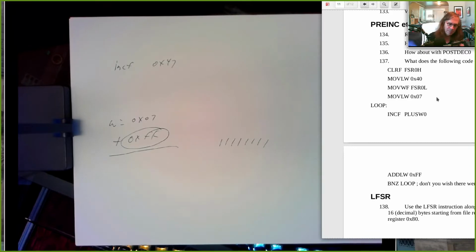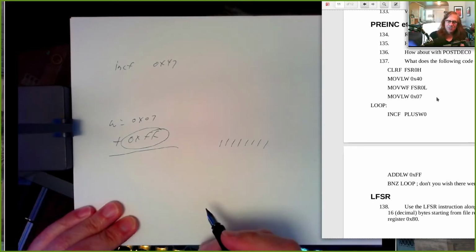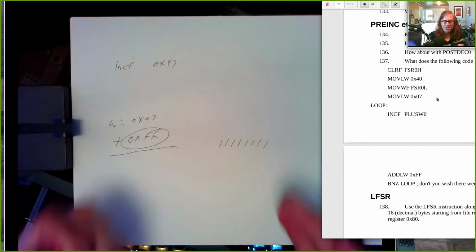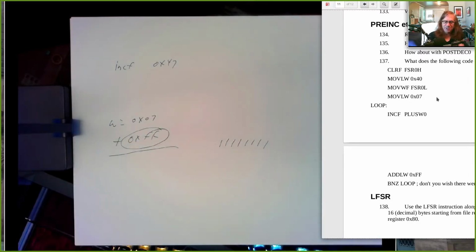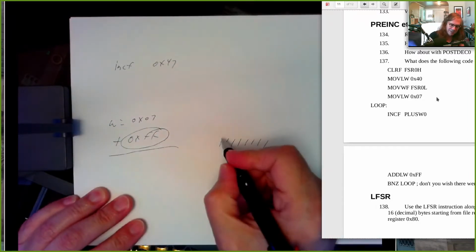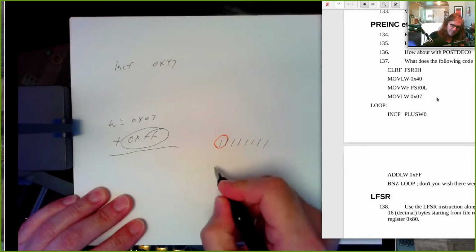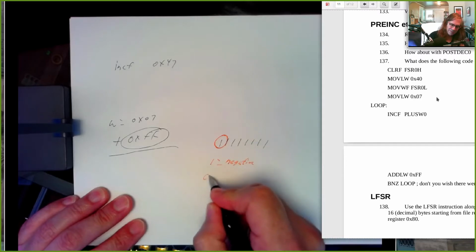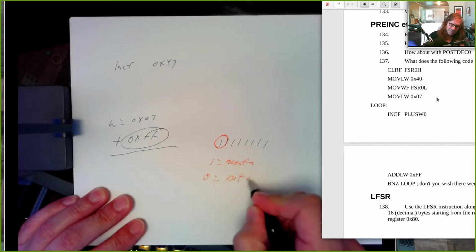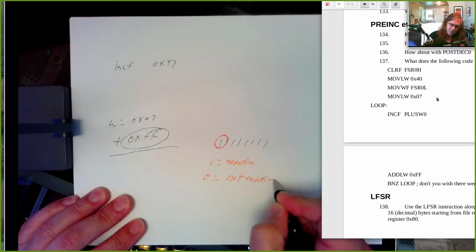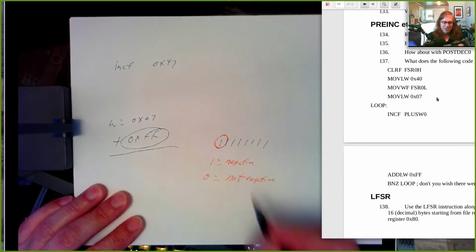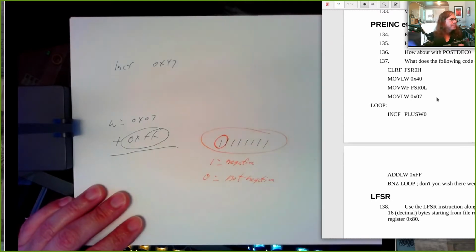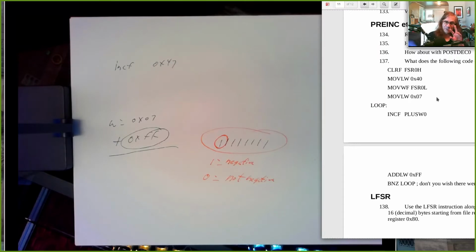You flip all the bits and add 1. Well, that tells you what the negative value is, but to just look at an 8-bit number written in 2's complement and know if it is positive or negative, you look at this most significant bit. If it's 1, it's negative. If it's 0, it's not negative. It's either positive or 0. So this is a negative number. And so if we do that trick of complementing the bits and adding 1, we'll get the positive value of